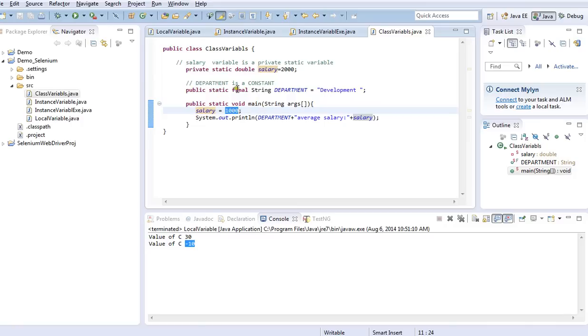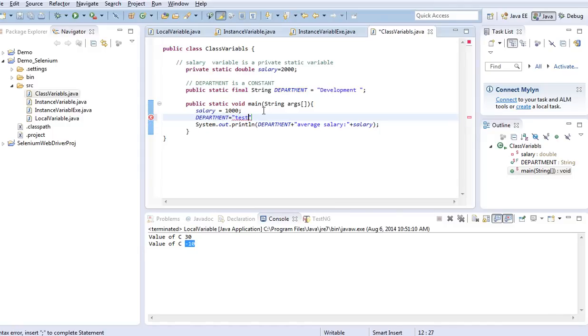But here I have declared one variable called department and I have used the final keyword, and the value I have assigned here is development. Let me use this department variable inside main, and let me try to assign some text other than development.